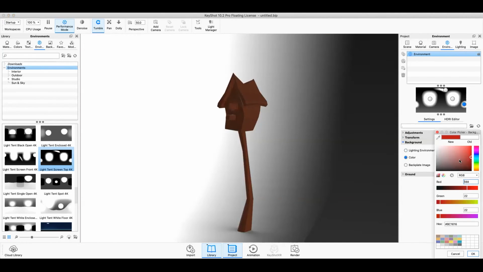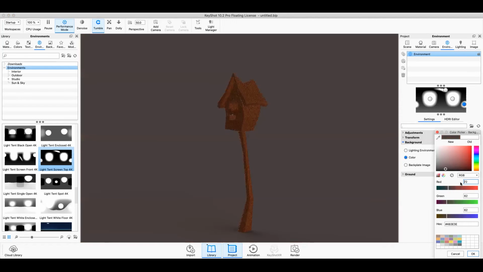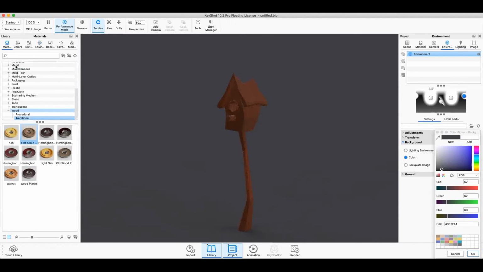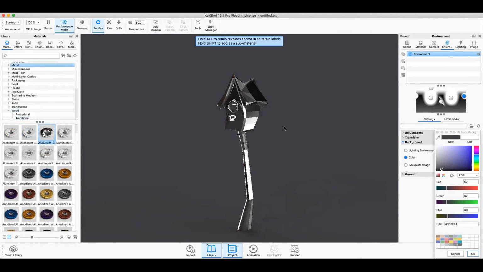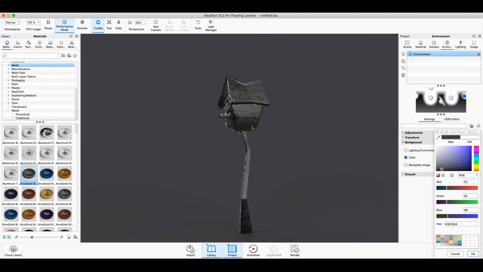So I can change it here to maybe a dark kind of gray, but it's still got my studio lighting. Cool. So I'm just gonna pick one of these. I'm just gonna choose a metal quickly so I can really show you. I've got a very tessellated piece of geometry, so it's a bit hard to see, but if I go to